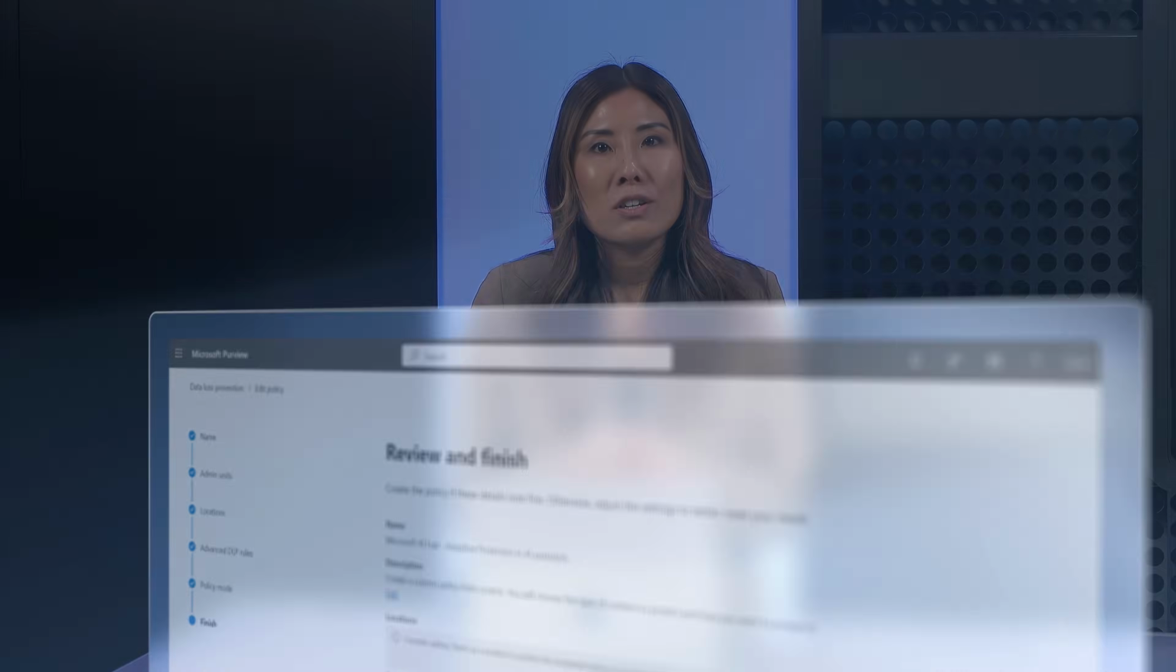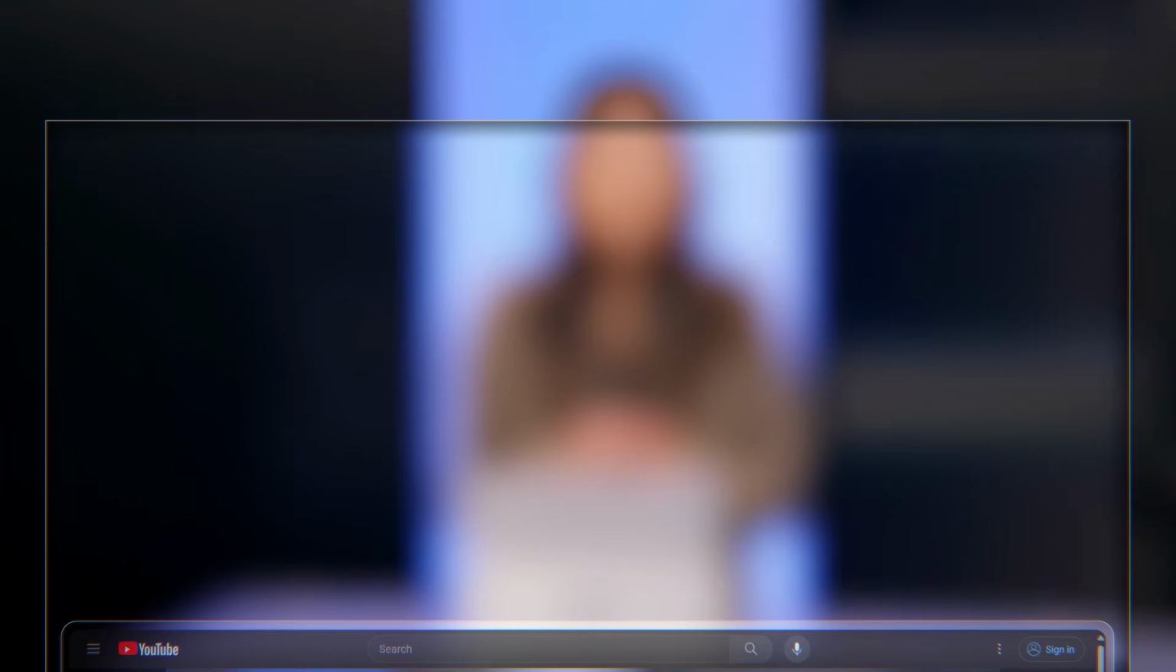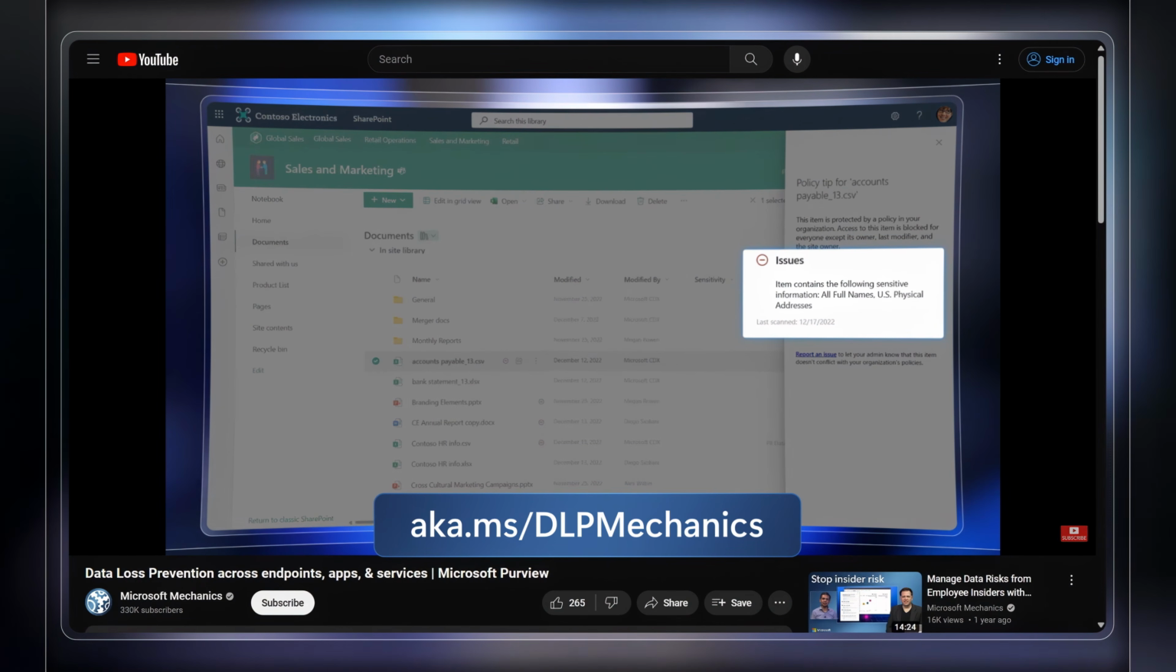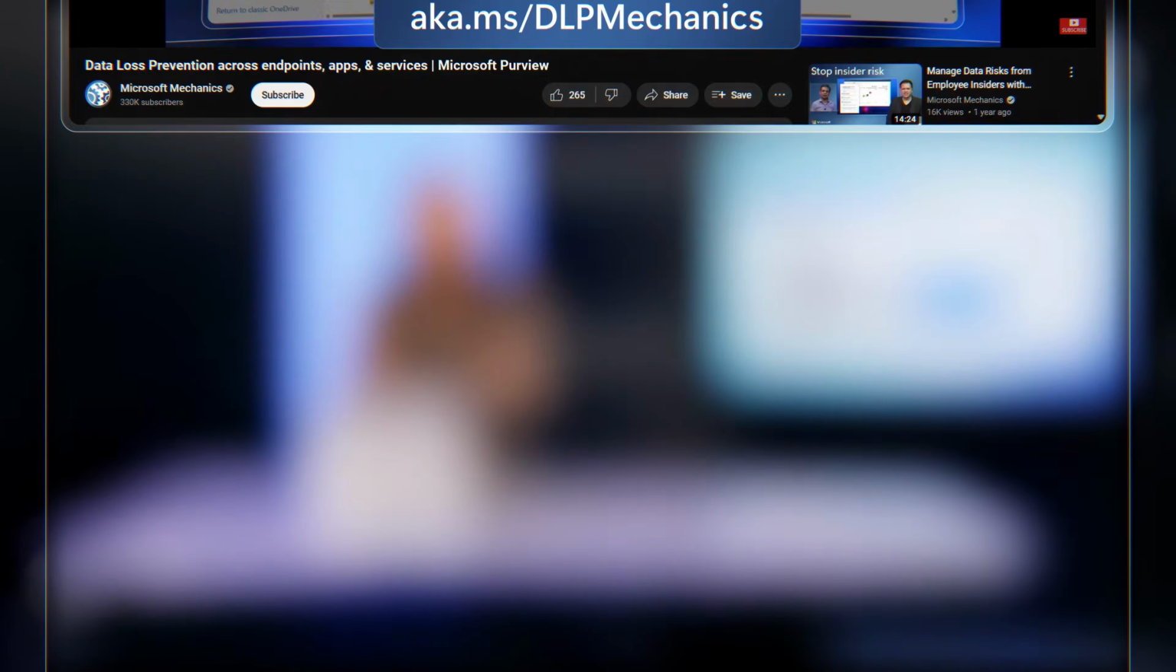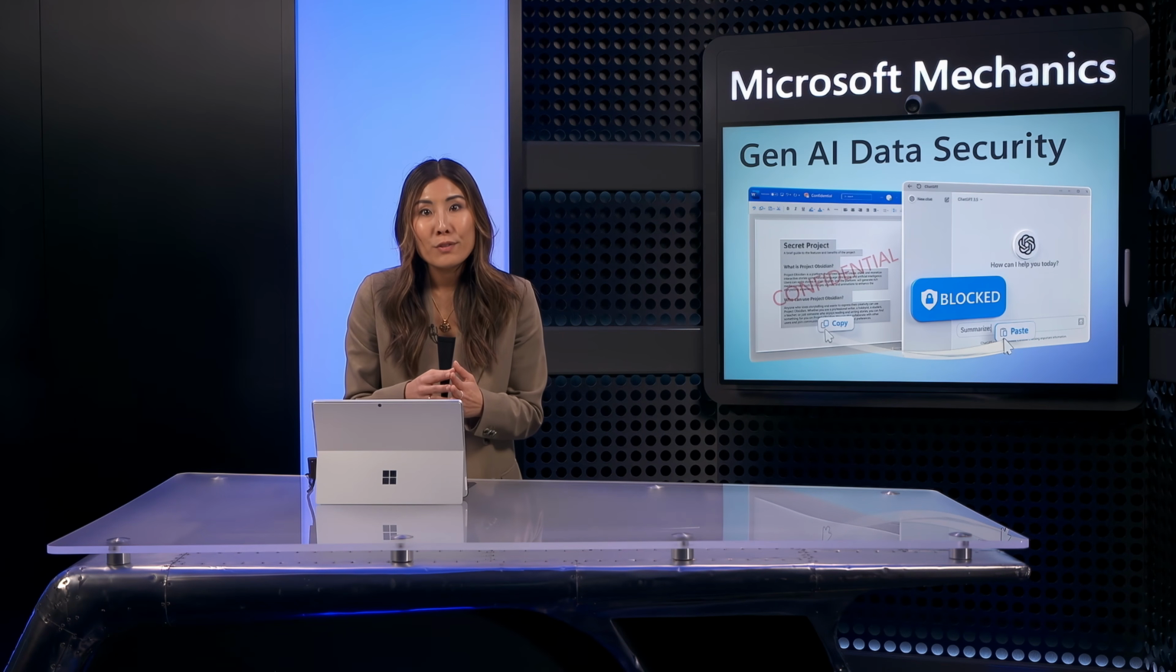And for more information about data loss prevention policy options, check out our recent episode at aka.ms/DLP-mechanics. So that's what AI Hub and Microsoft Purview can do, and if you're wondering how to set it up